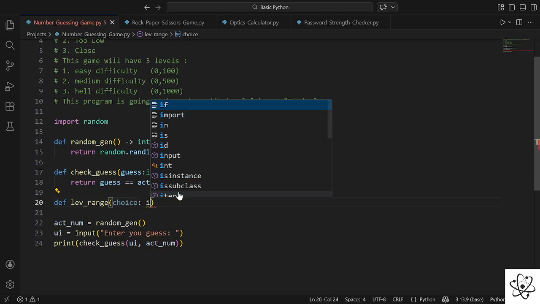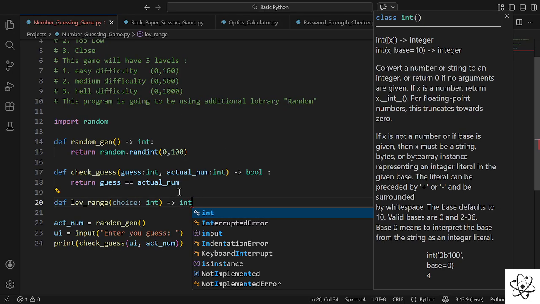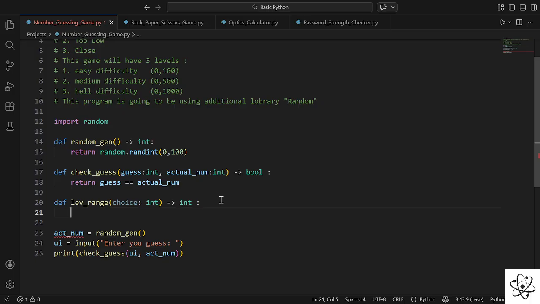This choice is going to be an integer, and this function is going to return the upper value, which is going to be an integer itself. And how is this going to work? It is going to work on an if-else condition. If the choice